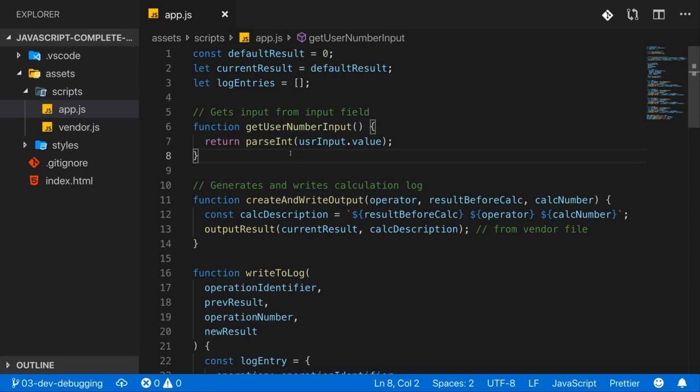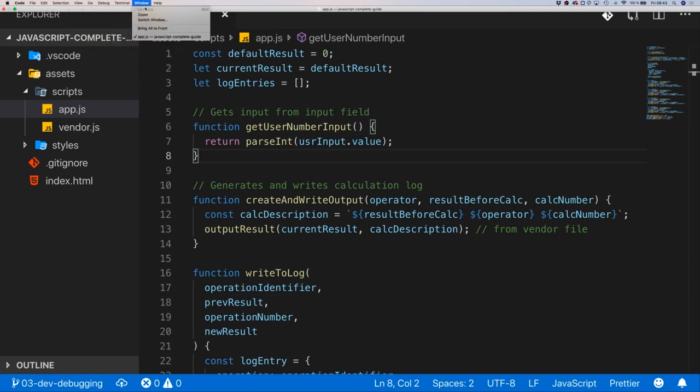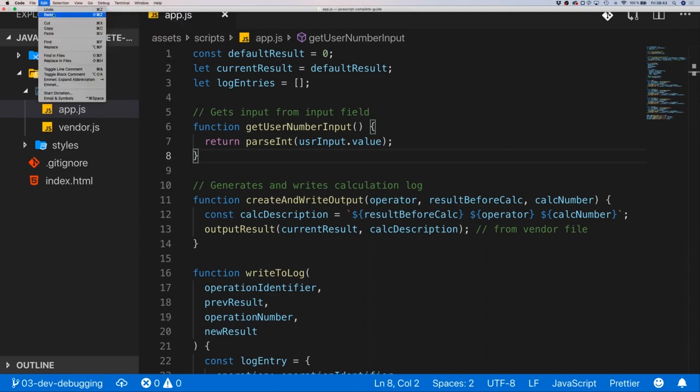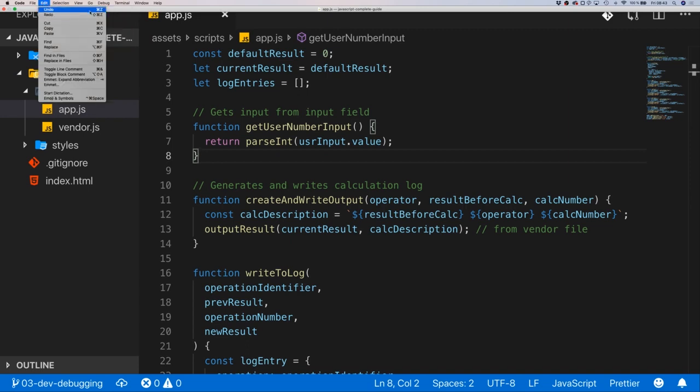Now, of course, the look and feel of your editor and your IDE is one thing, but it doesn't stop there. Once you start writing code, there are also other things that really matter. For example, that you are aware of some key shortcuts. Now again, here in Visual Studio Code, you can find many shortcuts by just going into the different sections here that allow you to edit your code, and there you always find the shortcut that would allow you to do the same thing. These are simple things like undoing or redoing, which you'll use a lot, or copy and pasting,